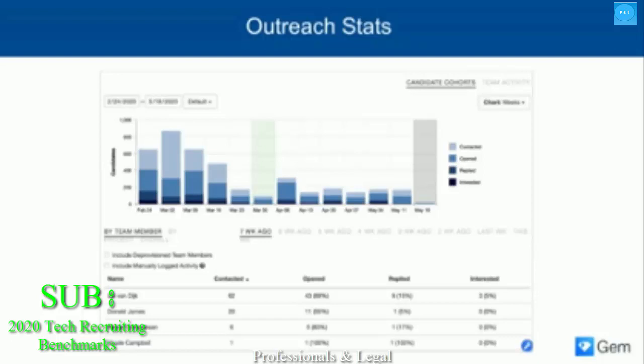You can also use outreach stats to manage your team's top-of-funnel output. Outreach stats tracks your LinkedIn profiles viewed and the number of prospects added to GEM, as well as the number of prospects contacted, followed up with, and more for any given time period per recruiter. It's also possible to break down by diversity. So, as we were discussing earlier, it's now possible for your team to hold themselves accountable for reaching out to a diverse set of talent at the top of the funnel.